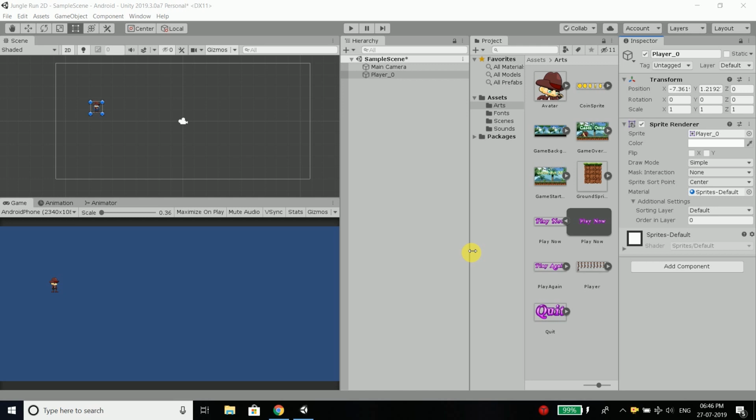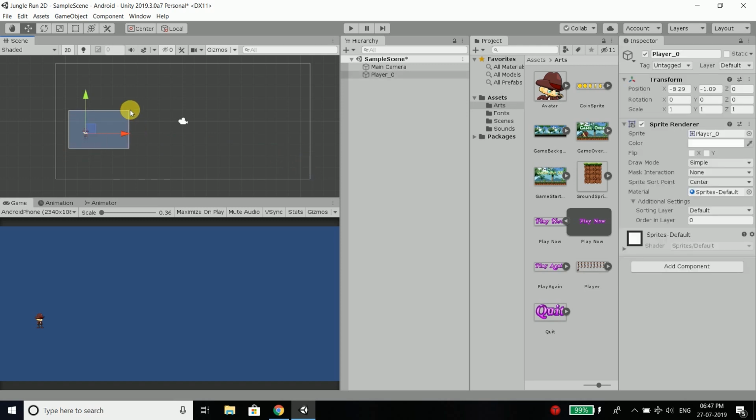In this video, we will add movement and animation to our player. This is our player, and if you want to move your player, click here and then you will see two axes on your player. With this arrow you can move vertically, and with this arrow you can move horizontally. And if you click here, you can move anywhere you want. So this is our player.